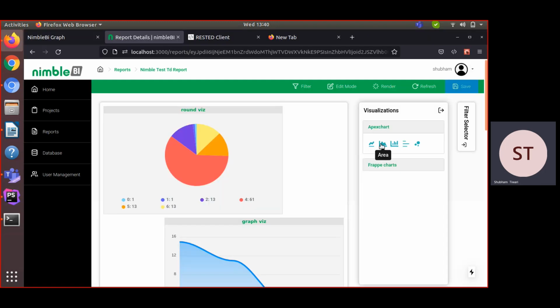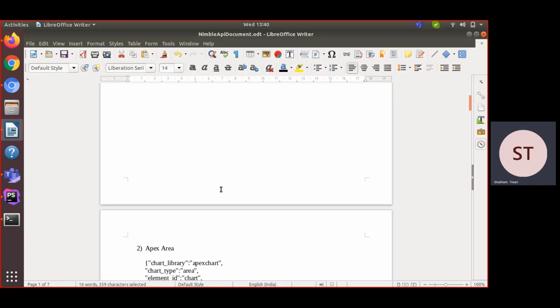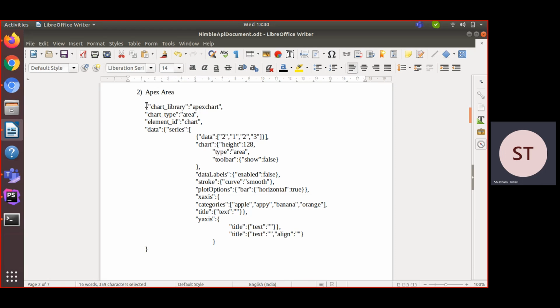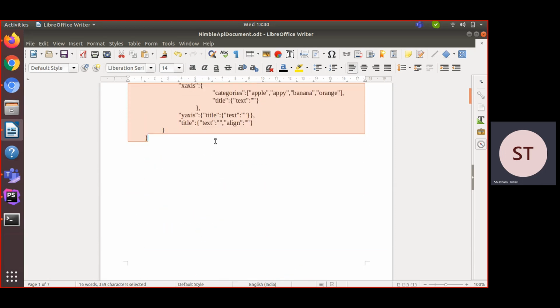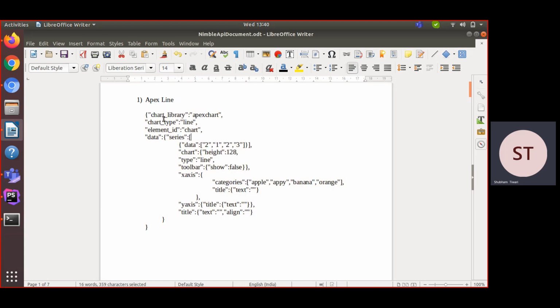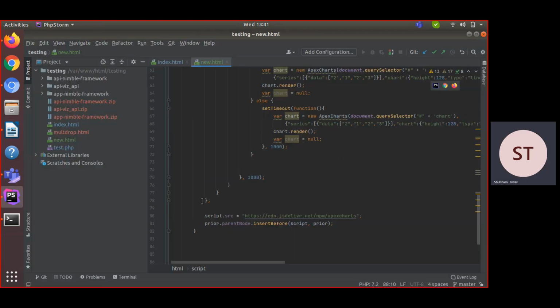Next our graph is Apex area. Because I already created my JSON data, I will copy it from here. Before going to the second graph, I want to explain this. Here you can see first is the chart library where I am passing Apex chart. Second is chart type where I am passing the type, and then the version.